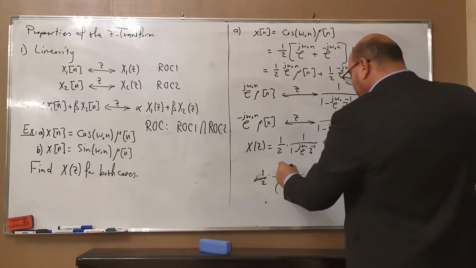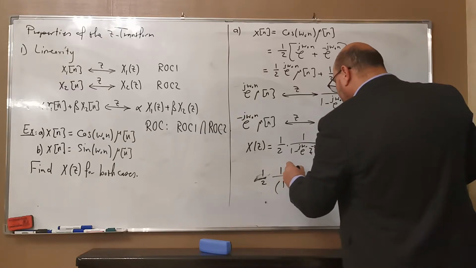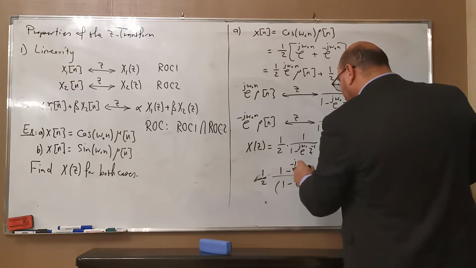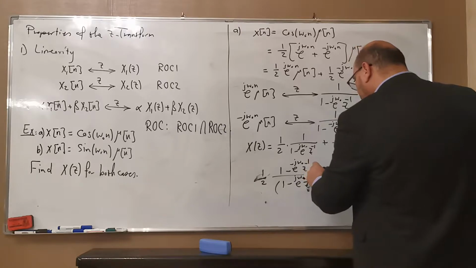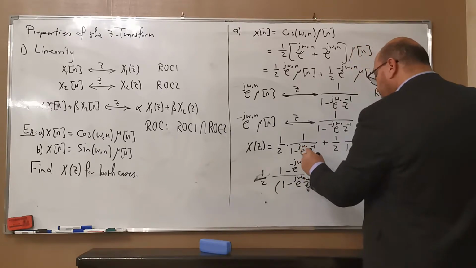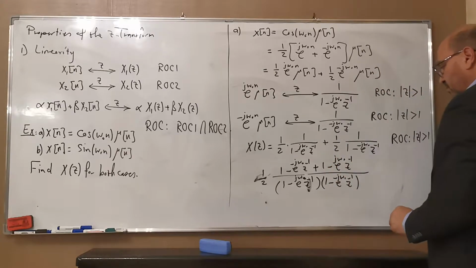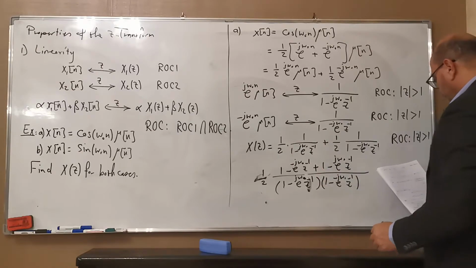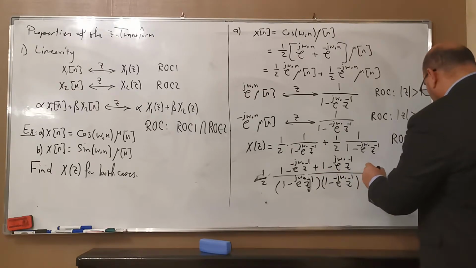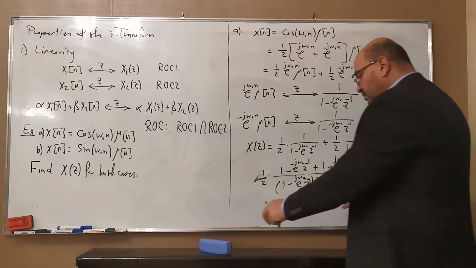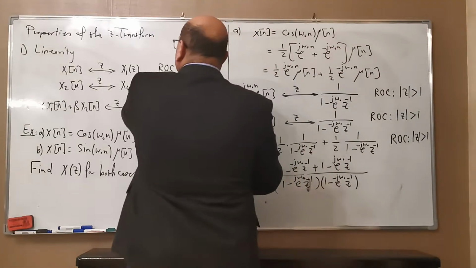And here we have 1 minus e to the minus j omega 0 z inverse plus 1 minus e to the j omega 0 z inverse. If you combine those two, so you have here,